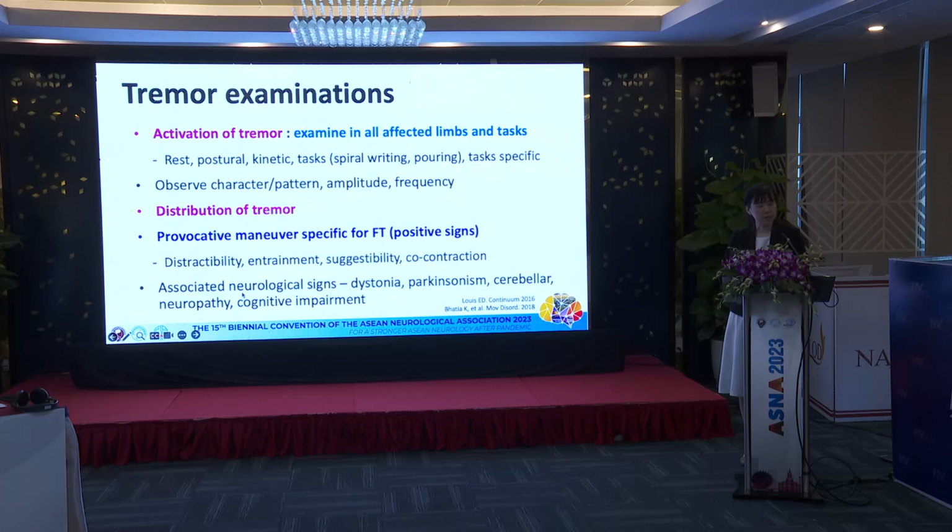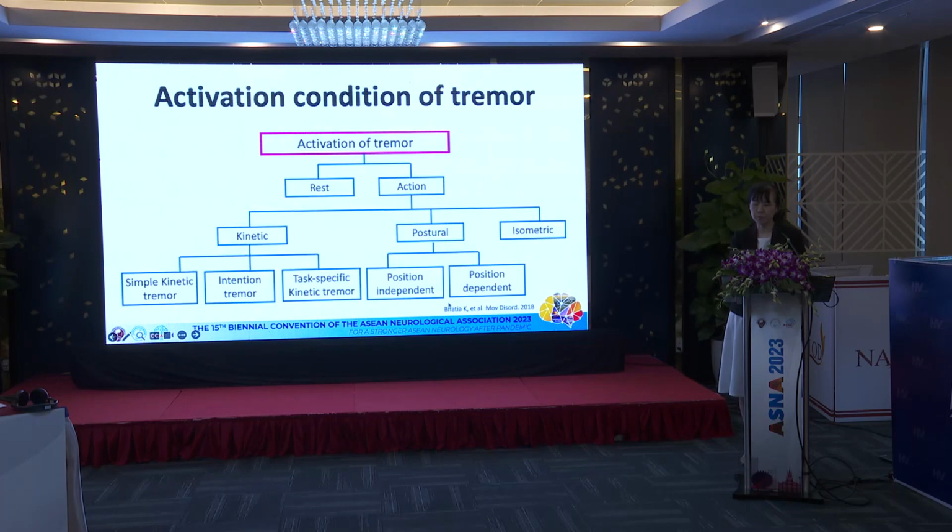And more importantly, you have to look at the associated neurological signs, including dystonia, Parkinsonism, cerebellar signs, and neuropathies. Activation of tremor should be defined for tremor assessment. We have to see whether the patient has rest or action tremor. And action tremor can be classified into kinetic and postural. Kinetic tremor can be further subtyped into simple kinetic tremor, intentional tremor when approaching the target,